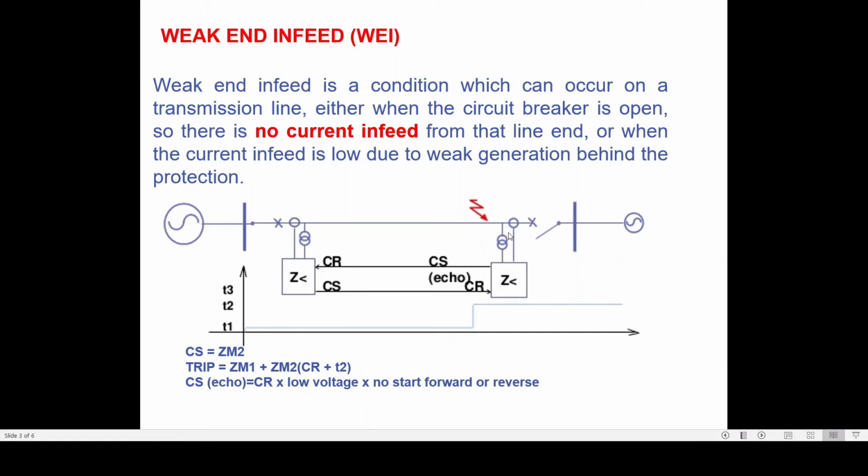However, at the weak end side, since this end cannot see the fault, but we need to isolate this circuit breaker also, the only possibility is that once the carrier is received from the strong end, this end checks that there is no pickup of any zones, overvoltage is not picked up, no zone is picked up, but carrier is received, and it will immediately issue a trip command to its circuit breaker. That I have already explained in the case of POTT with echo logic and POTT with echo logic and no zone pickup for weak end tripping.